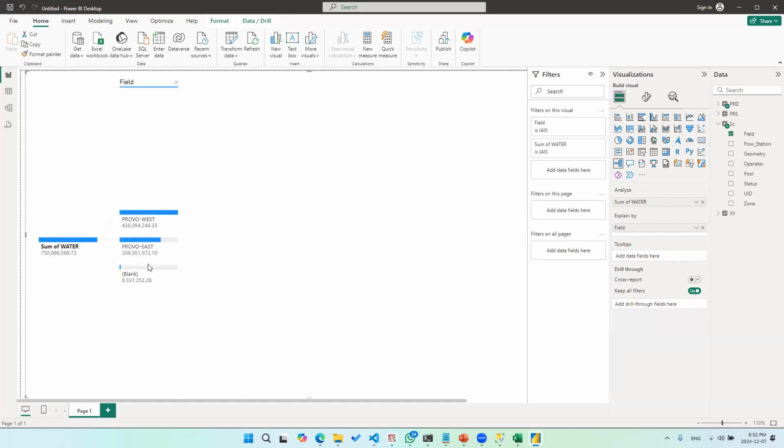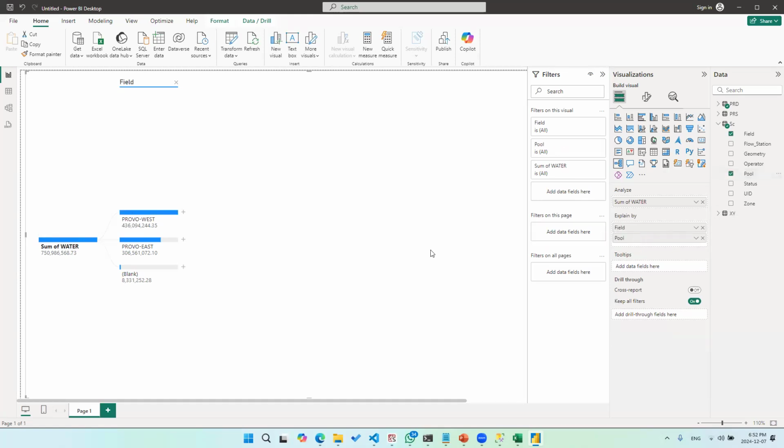Maybe this explanation is not enough for you. Maybe you want to explain which parameters are contributing to each particular field. What we can do is we need to add another explanation. Let's use the pool, or let's say use the reservoir, to explain which pool is basically contributing to this water production.